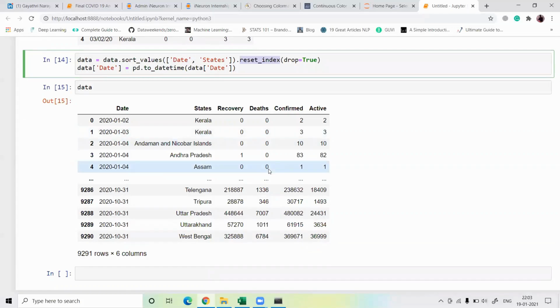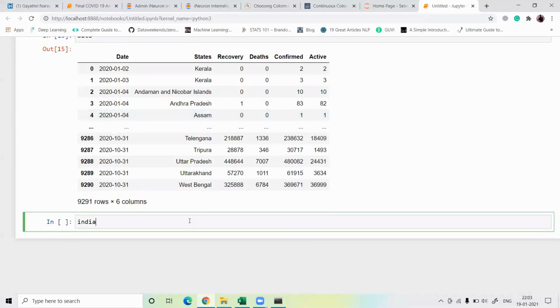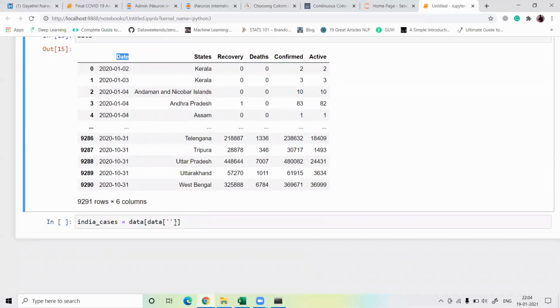Now let's check the cases. If some data are missing, then we have to fill them with 0. So first I check Indian cases equal to data, take the value in date, I take the value date.